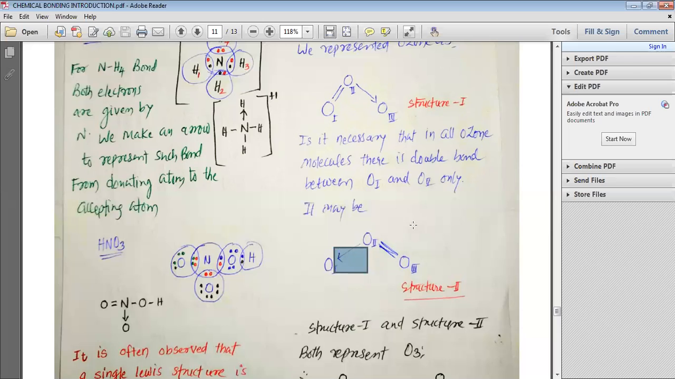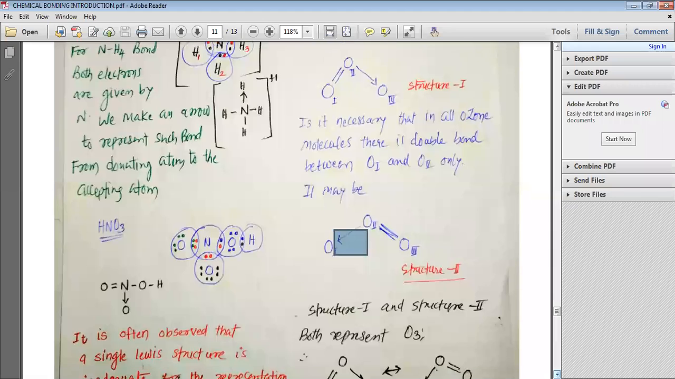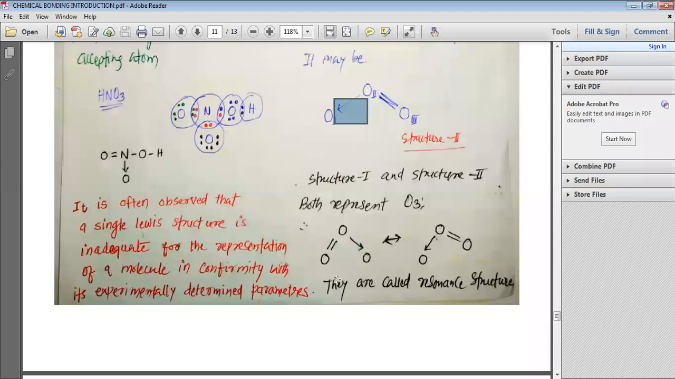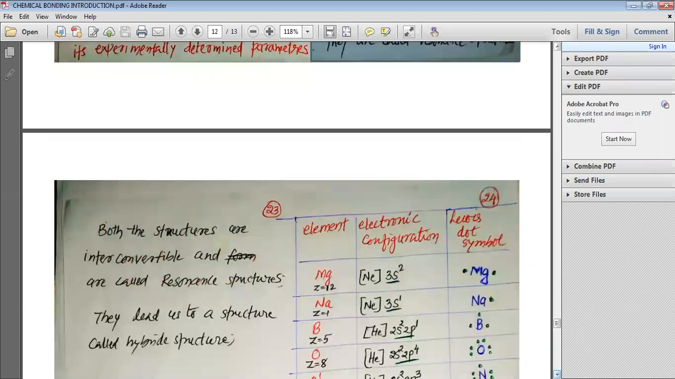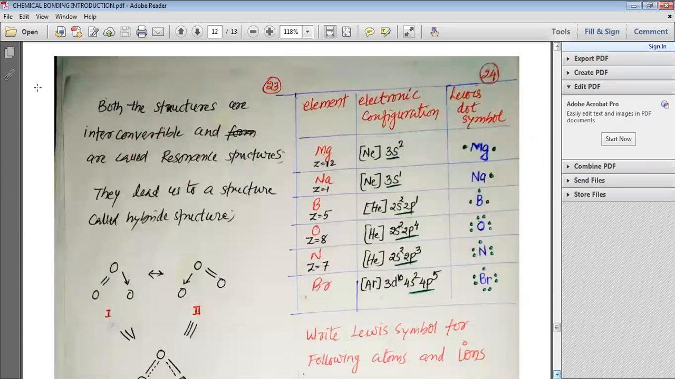So now instead of having a single structure, we represent the ozone molecule with these 2 structures. These 2 structures are called the resonance structures of ozone. They are needed to represent the ozone molecule completely. Both structures are interconvertible and are called